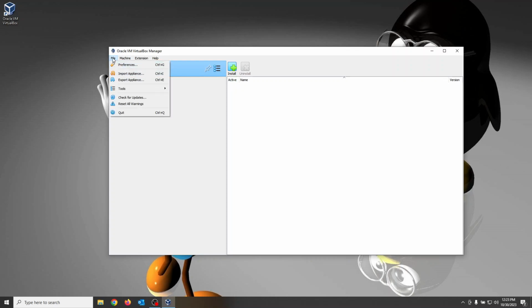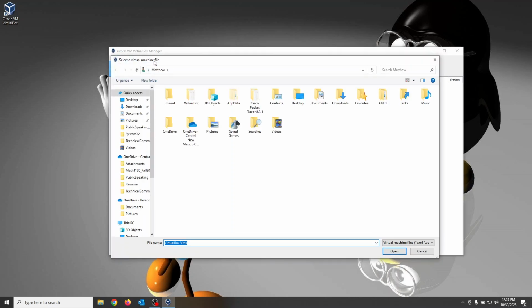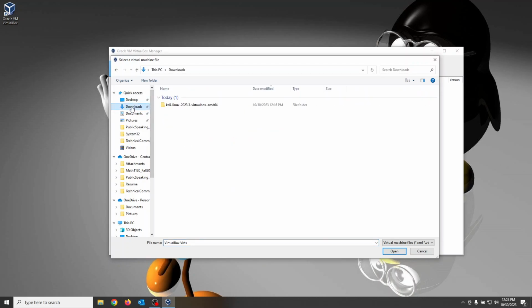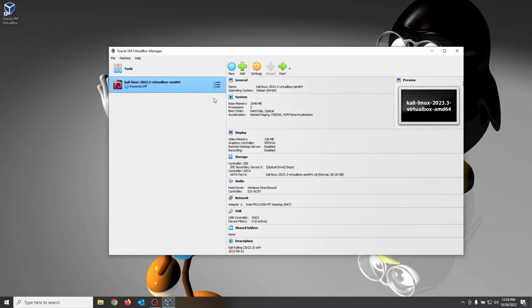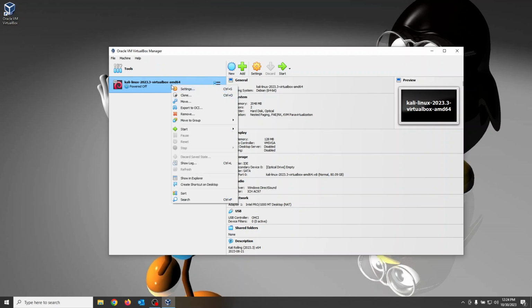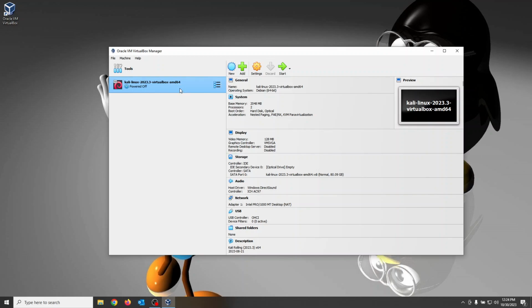I can go ahead and click on machine and then click on add. Then I'm just going to go to my downloads folder and then select the VBox file there. That will add it right on in there. And then, like I said, I'll show you how to configure some of the options. So if you right click on that and click on settings,